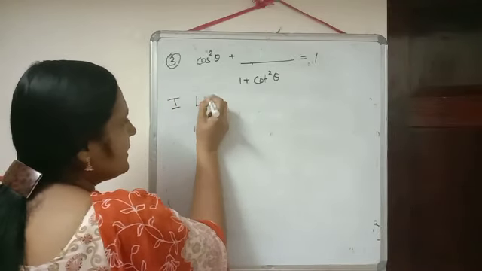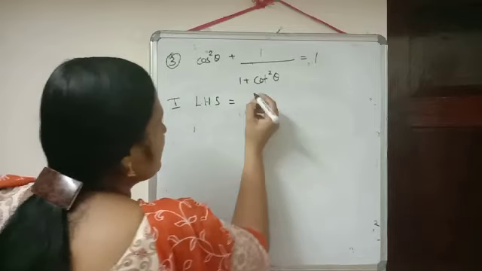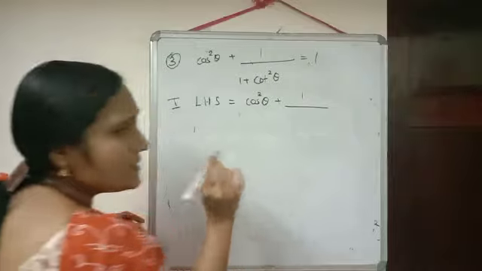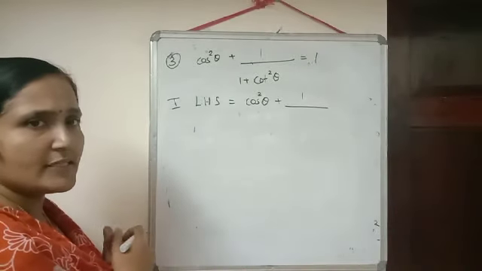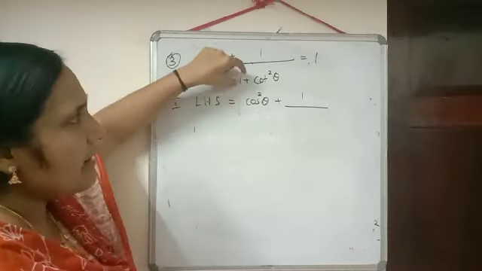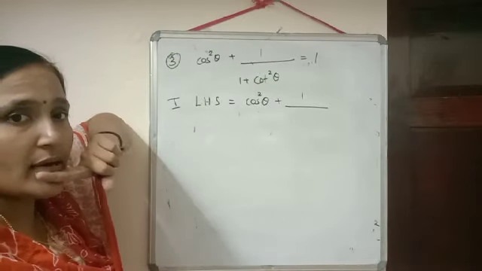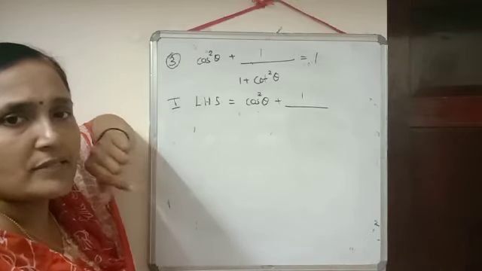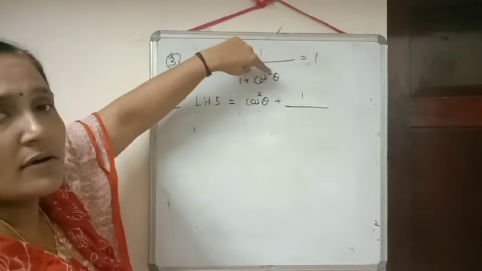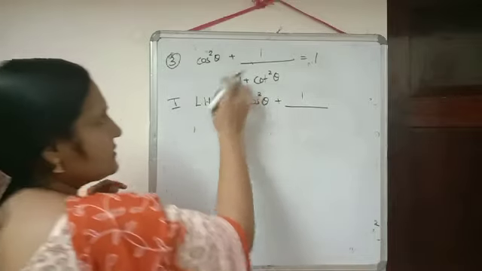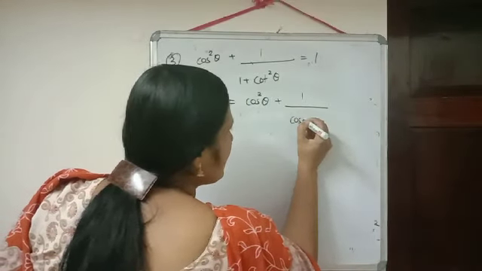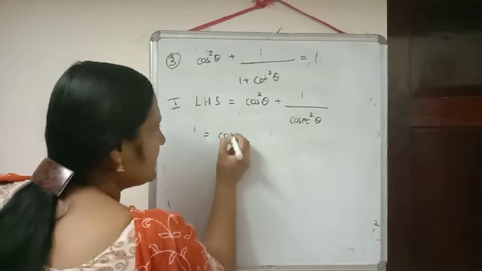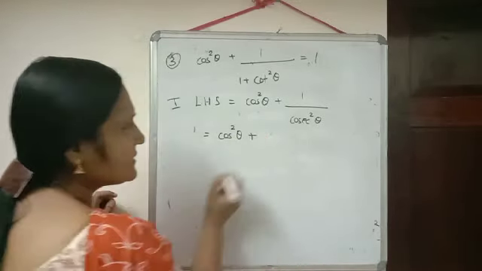The first one, write down there: left hand side is equal to cos square theta plus 1 by... Now just to check the identity, 3 identities we wrote there. In that, do we have the identity in which 1 plus cot square theta is coming? Yes, what is that identity? 1 plus cot square theta is equal to cosec square theta. So in place of 1 plus cot square theta, we can write cosec square theta. Cos square theta we write as it is.